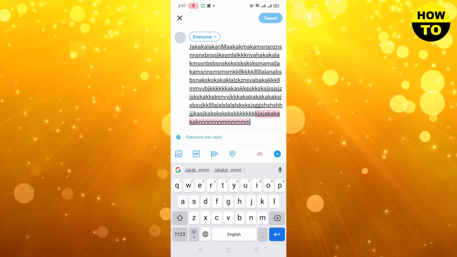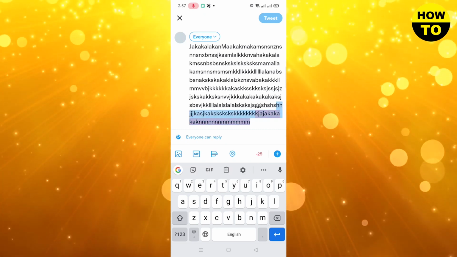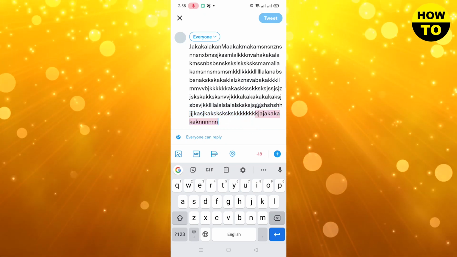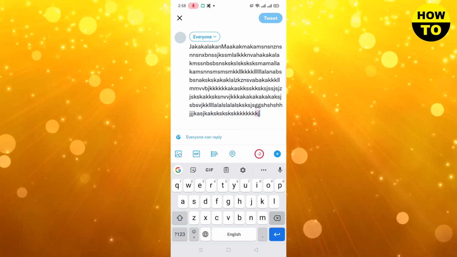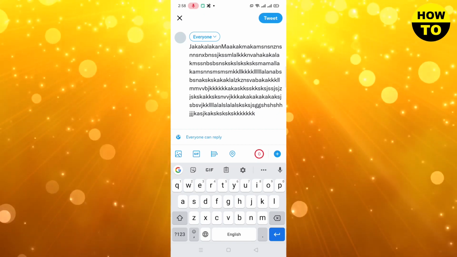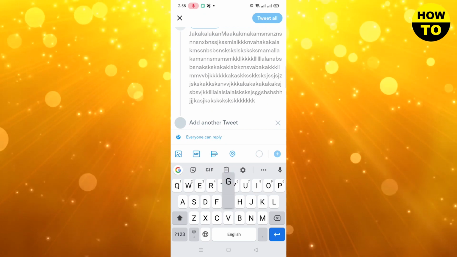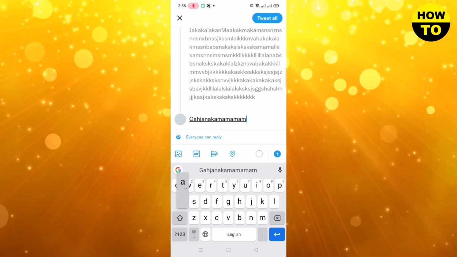You cannot type over the characters. So simply just what you need to do, how to do this, simply just remove this. And now here you can see the plus button, so simply click here. So simply here you can add another tweet, and